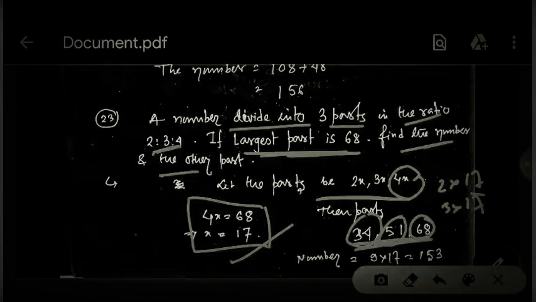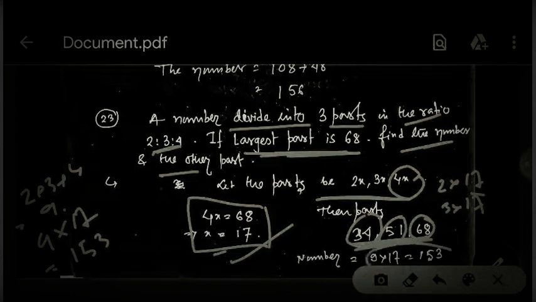Or you can simply add 2 plus 3 plus 4, that is 9, and multiply by the value of x, 17. That also gives 153, and adding 34, 51 and 68 also gives 153. In this way you can easily solve ratio problems